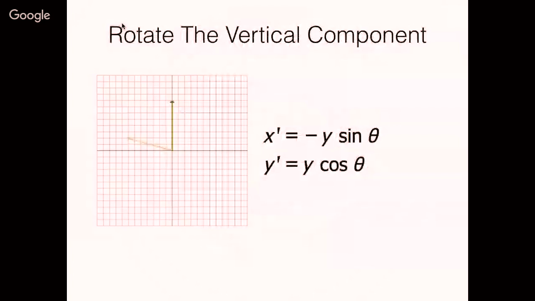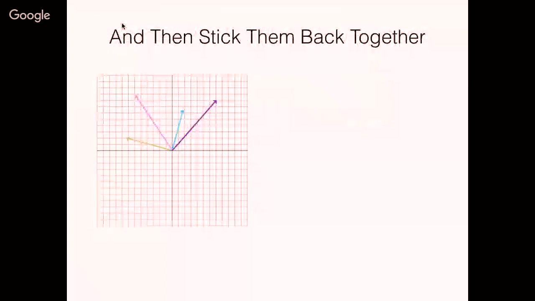And then you can do the same with the vertical component. So the vertical component contributes a bit to the x and y. In this case, it's minus sine theta and y cosine theta, and you get used to reciting those values. So you then have these two, the pale blue and the pale green. I hope everybody can see that in colour vision.